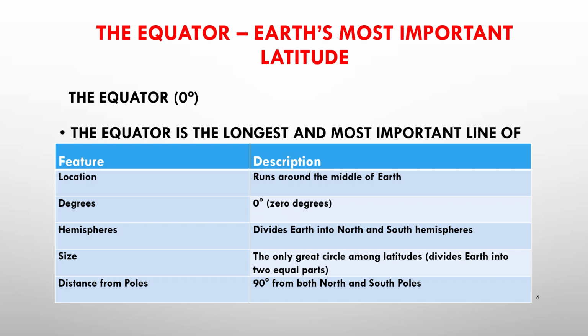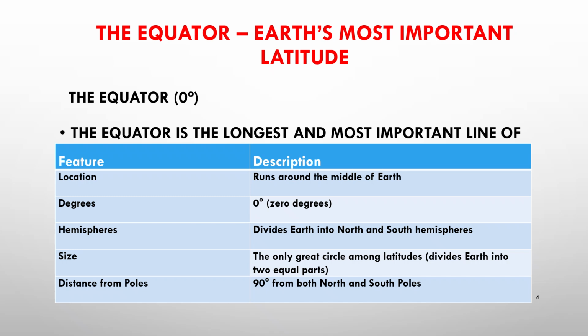The equator is significant for several reasons. First, it is a reference point for the entire latitude system. Without it, we will have no starting point for our measurement. Second, the equator marks the boundary between the northern and southern hemispheres, which have different seasonal patterns, weather systems, and geographical characteristics. Third,